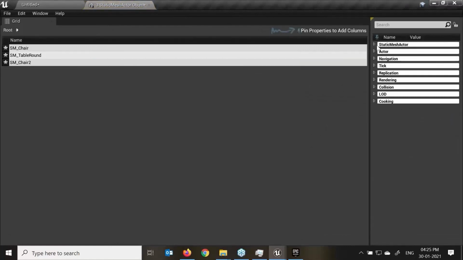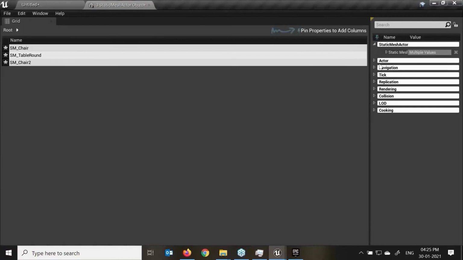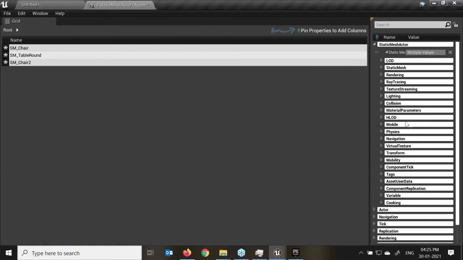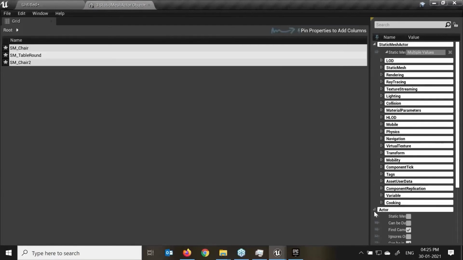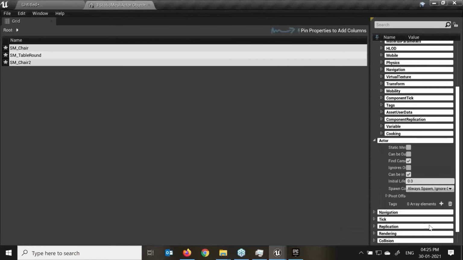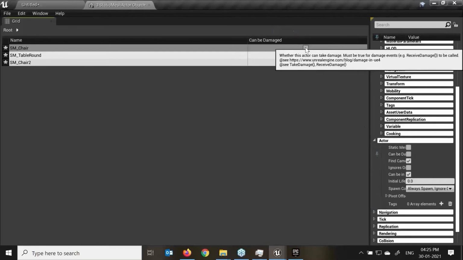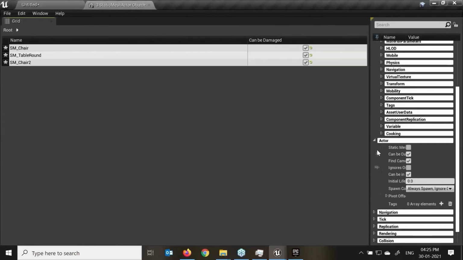For example, static mesh, collision, lighting, mobility, whatever option I need to add into my property matrix, I just need to click over here, and it will be added. Can be damaged, yes. If I want to remove, I just need to click on that.